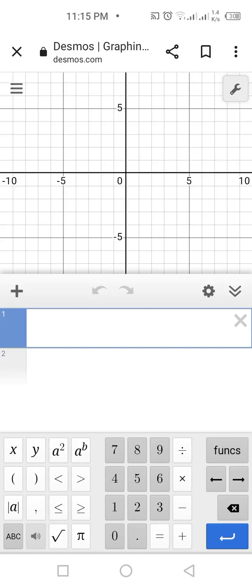Now we start how to make a graph on Desmos and find the maximum and minimum value of